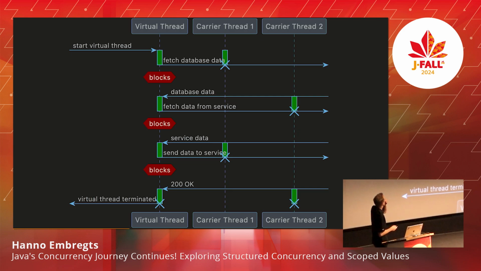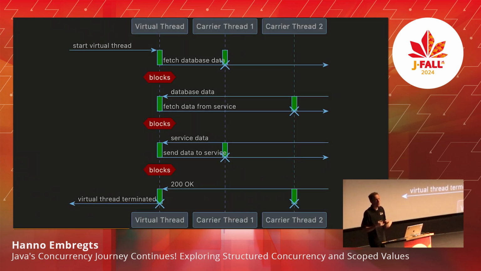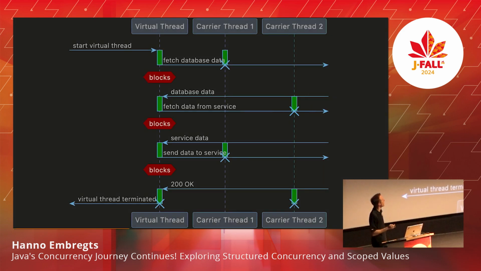The left vertical line is exactly the same, but because this runs on a virtual thread, the blocking periods have a different effect. Yes, the virtual thread is blocked here, but the virtual thread is a concept that only exists within the JVM, right? So that means that this blockage is not translated to the OS threads. Actually, the OS thread, the carrier thread, just performs the green stuff and then it's done and is free for other work. And imagine this green block runs on a second carrier thread. Well, then that thread is busy for that period of time. But overall, all these blocking periods don't get translated to the carrier thread here.